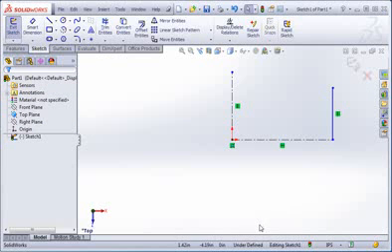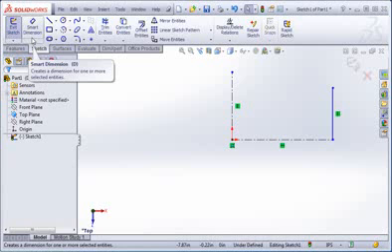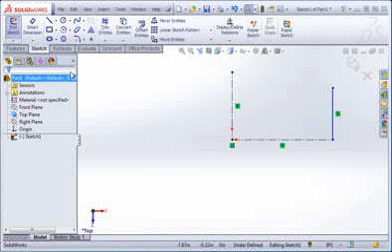As expected, the sketch is underdefined because now we have sketch geometry on the sketch. Standard sketch geometry has to be defined, so we're going to add a dimension to the line. Adding the dimension will cause the sketch to move above the rollback bar. Place your pointer over the Smart Dimension command, and as you can see, you can type the D key to evoke the command. Type the D key,